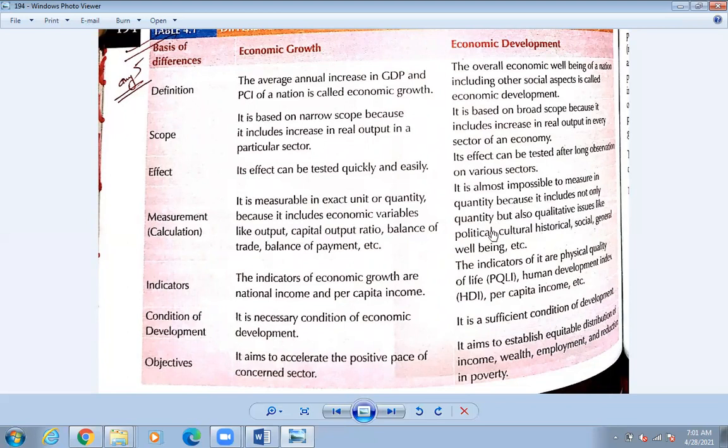So that's why the political, historical, cultural, social, general well-being, etc. So you include all of which cannot be measured. Okay, so cultural means the earlier historical, all in the process. Okay, whether political stability exists or not. Okay, so that means whether there are stable leaders or not, they are all included. How to measure that? That doesn't work. Okay, that's why it is a bit difficult to measure.